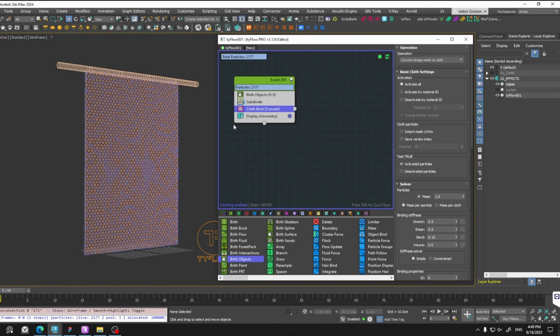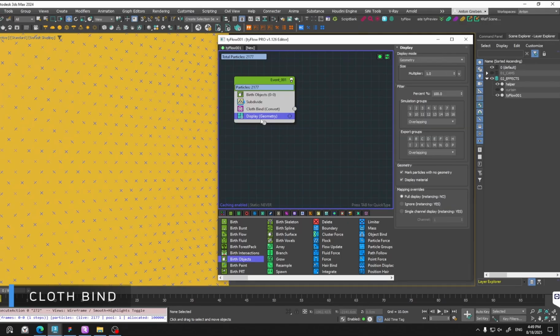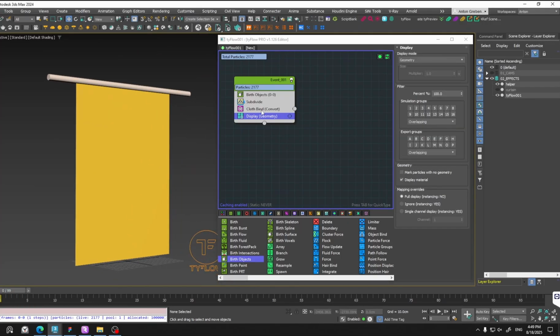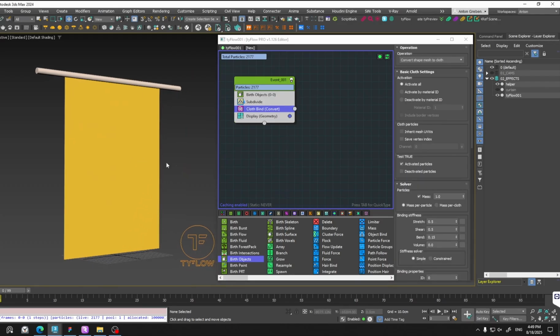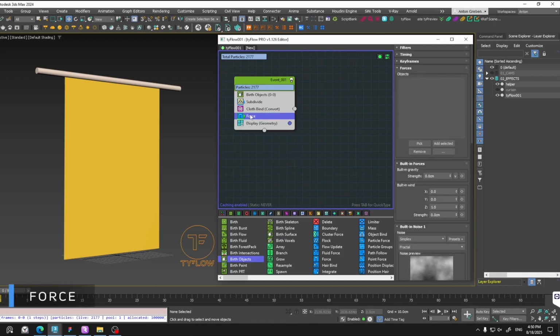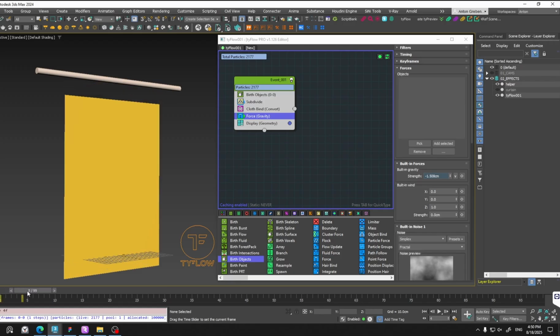And now we are converting the surface into the cloth with the cloth bind. In the display tab, you can disable mark particles with no geometry. And let's add some force, gravity. So as you can see, our curtain is falling down because it's not linked to anything for now. And let's fix that